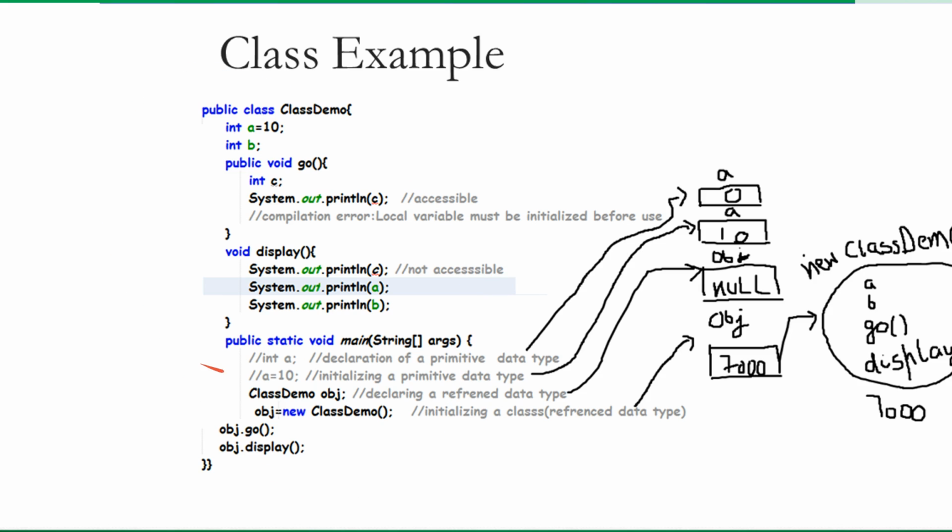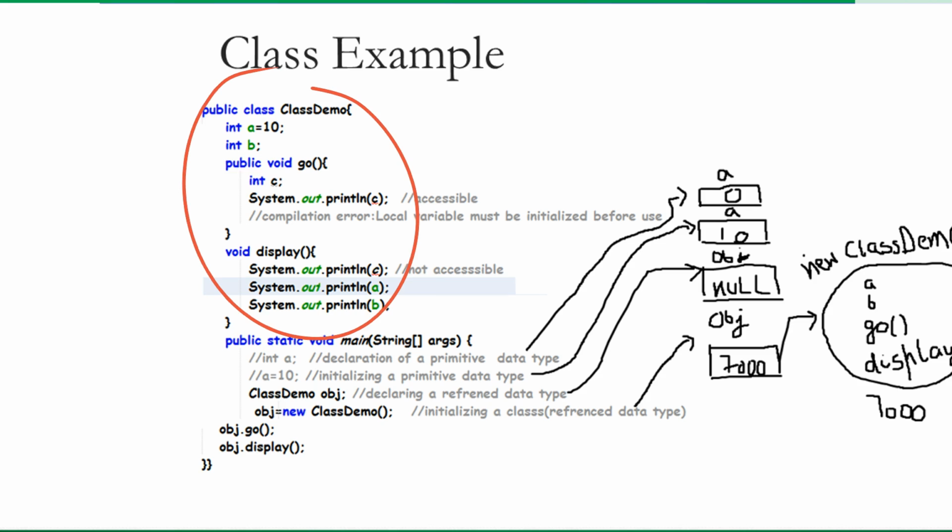To create an object of this class, I have used a public static void main function. I have already told you we can't create the object of this class outside the public static void main, because the execution of our program is going to start from this main function, because JVM will first look for this main function. So to use all these functions and variables, we must create an object of this class, because this class has no significance without its object.